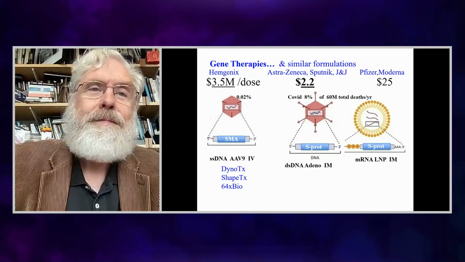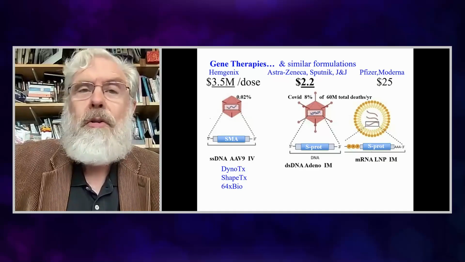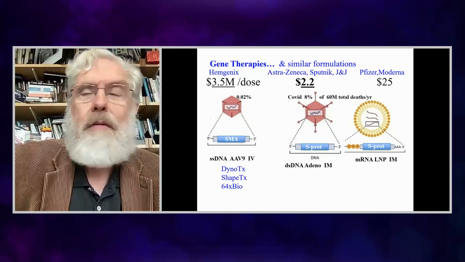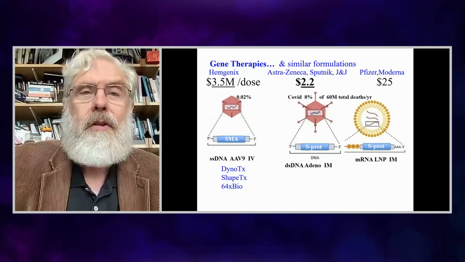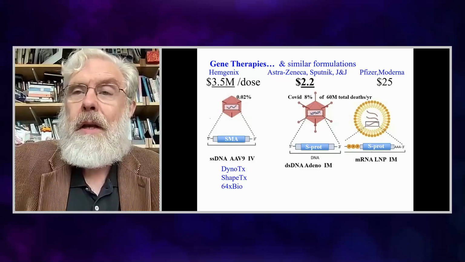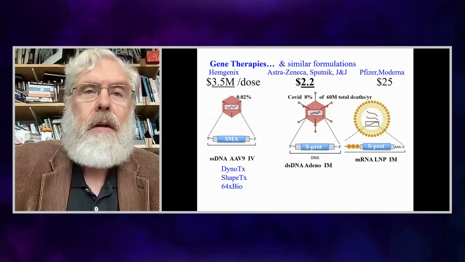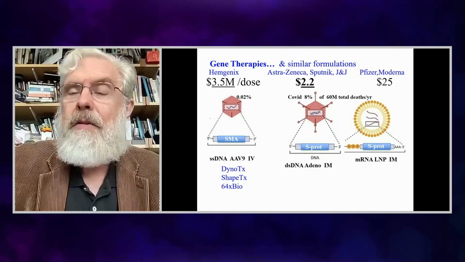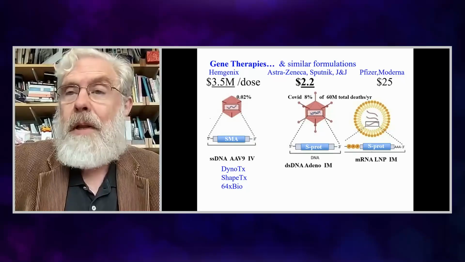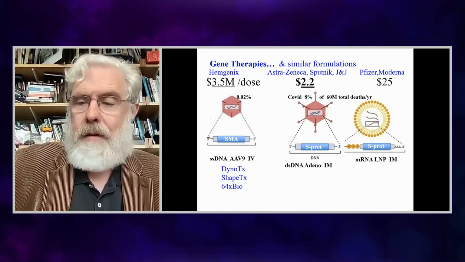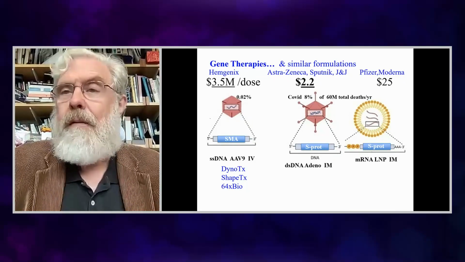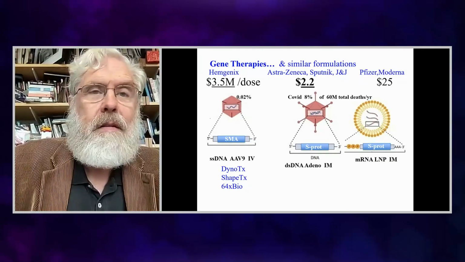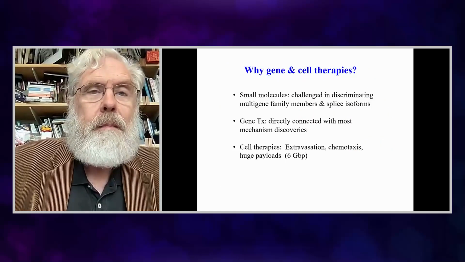So here you have somewhere between $2 and $25 per dose, in contrast to $3.5 million per dose for the latest gene therapy for rare diseases. And I would argue that's almost entirely economies of scale. Here you have over 6 billion people worldwide who have taken these vaccines that are formulated as gene therapies, and hence we've averted some of the deaths, though we still had 7 million excess deaths because of this terrible pandemic.